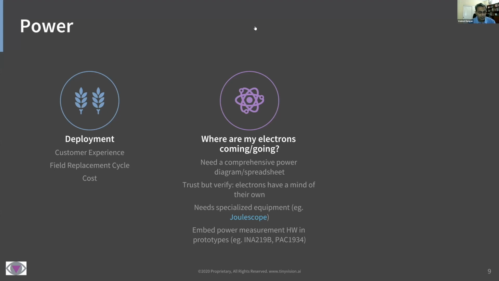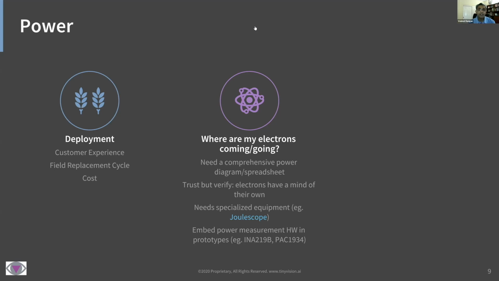And you also need a bottom-up approach where you're actually taking measurements of real devices, because when vendors advertise in the data sheets the minimum, typical, and maximum power consumption, that may not match exactly what your use case is. So one of my favorite devices is called a Joulescope. It's amazing.